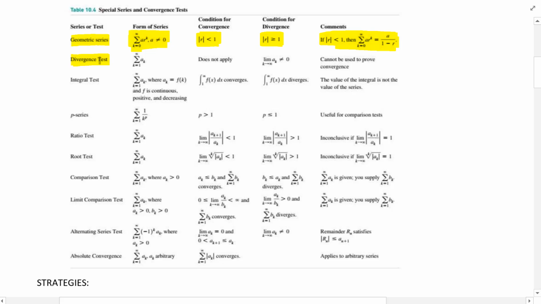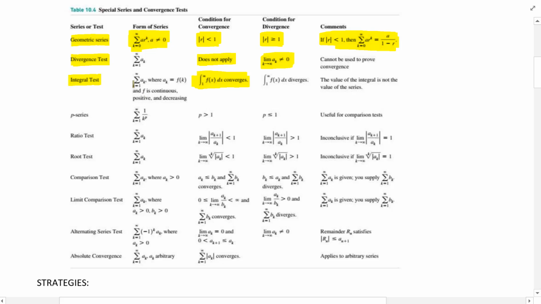Divergence test, which is the very first test that we talked about when we talked about tests of convergence. We don't have a condition of convergence. So with this test, we do not draw a conclusion if the series converges, but we can find out if it diverges. The integral test, where we